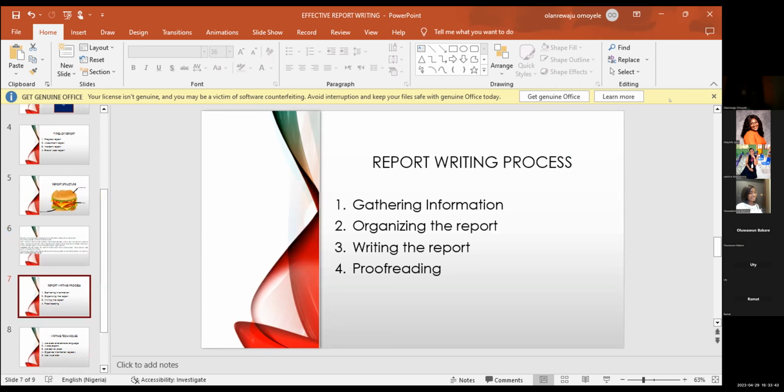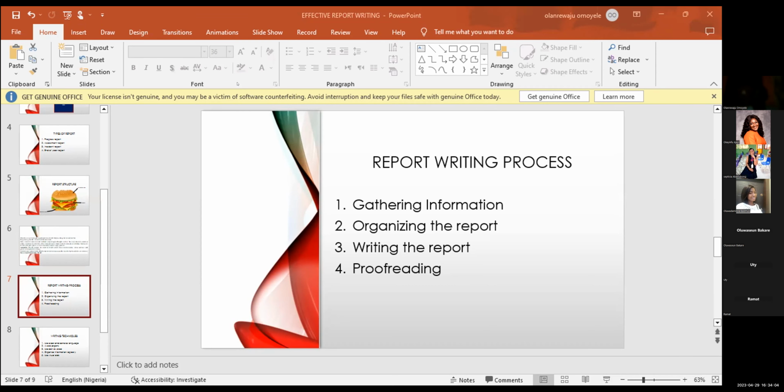Then we move into the process. What process should you follow when writing your report? Like I said, you can't just jump into writing a report, or your end of term report, or your class report. There's always a process. Number one is gathering information.